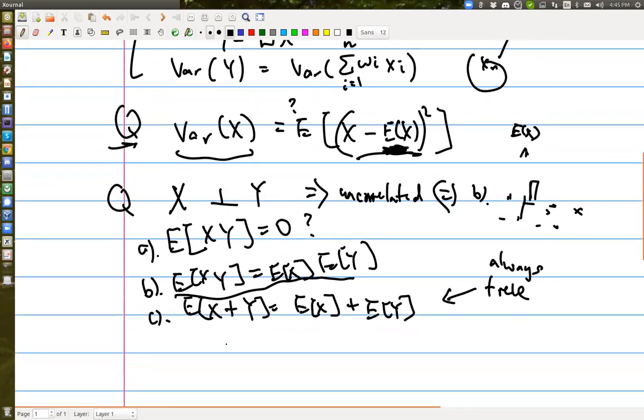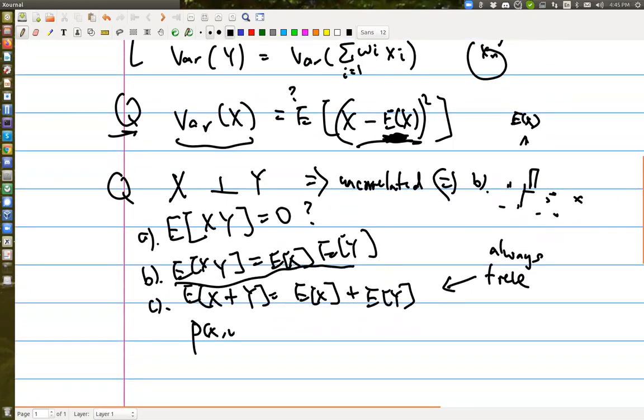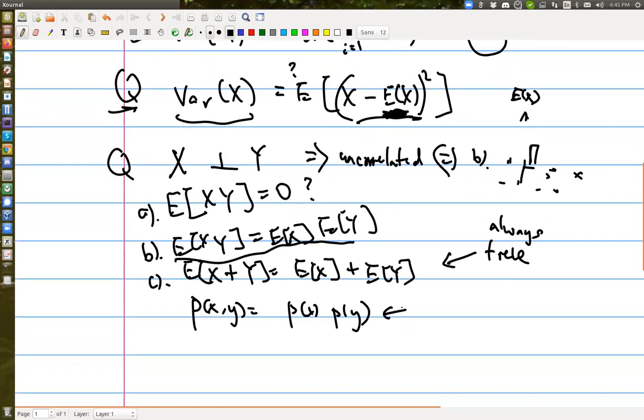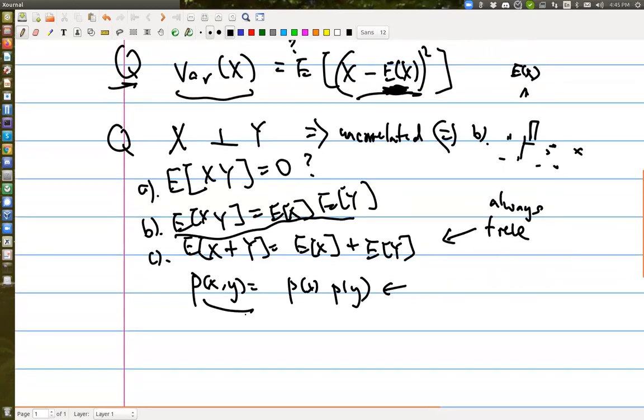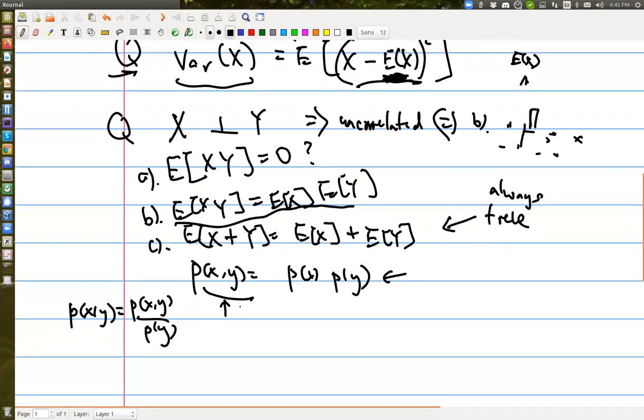What was independent? Remember, this you must know, right? Independent is something like that. I think you learn it from your first probability class. When x and y are independent, then p(x) is equal to p(x|y). This is very reasonable if you think of p(xy) using Bayes' rule. You remember Bayes' rule: p(x given y) is equal to p(xy) over p(y), right? Therefore p(xy) is equal to, by Bayes' rule,